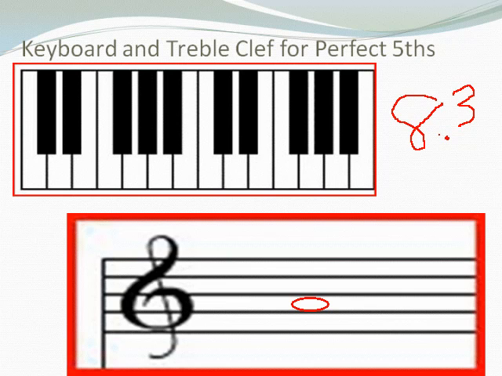It says, complete the following intervals by adding a note above the given note. It says to do a perfect fifth above the note that's given. Now, you say, okay, how am I going to do that? Well, this is super duper easy because